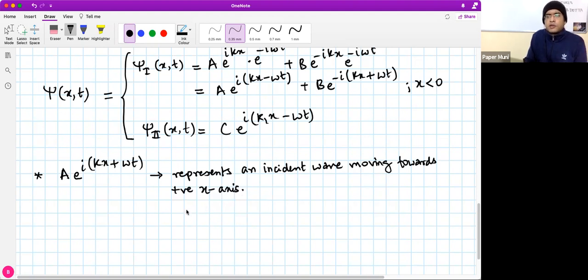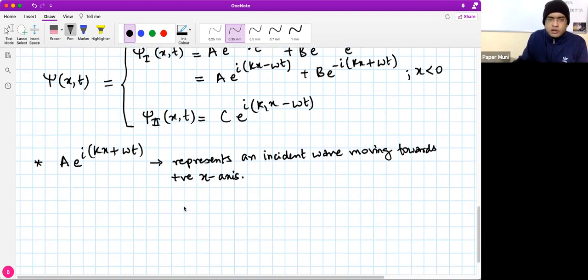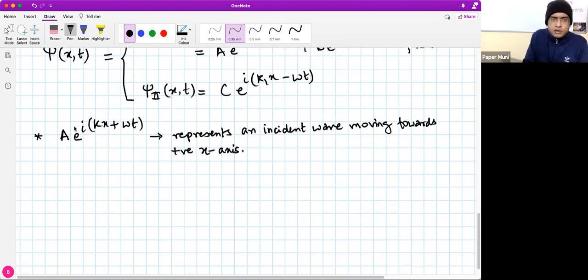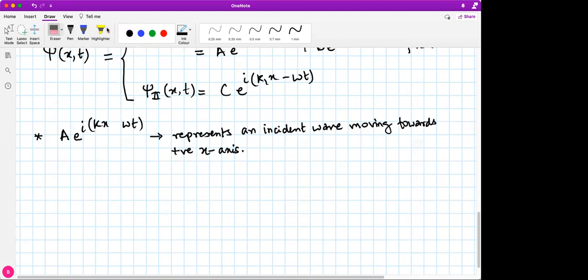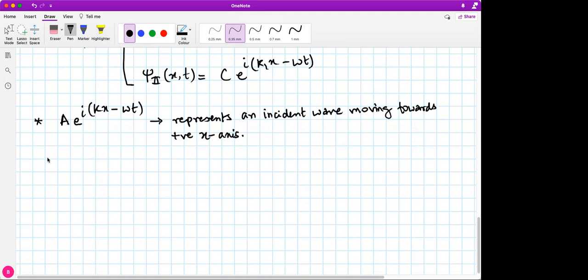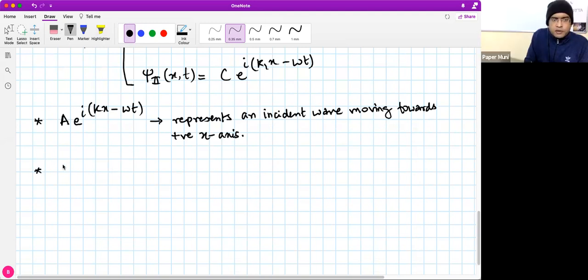All right, this represents an incident wave moving towards the positive x-axis. Sorry, there will be a minus sign. Yeah, you're right. And the next one is